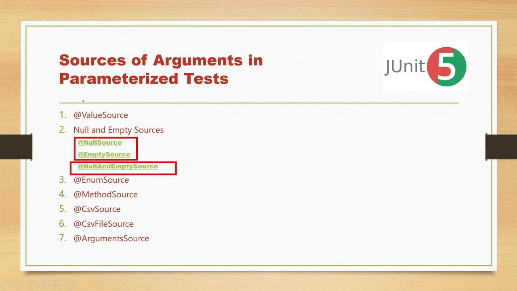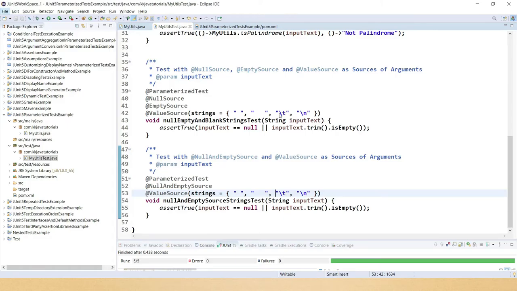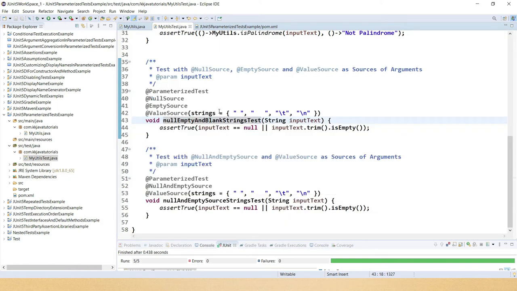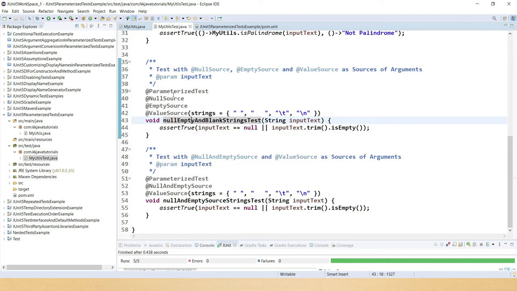So let's jump into Eclipse, and there we'll understand using an example. I have already written source code for this, right? I have written two test cases, and I'm going to help you understand the functionality of these annotations. Here of course I have the @ParameterizedTest annotation because this is a parameterized test case.